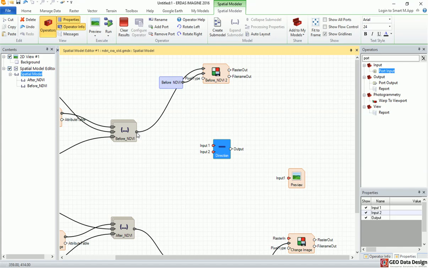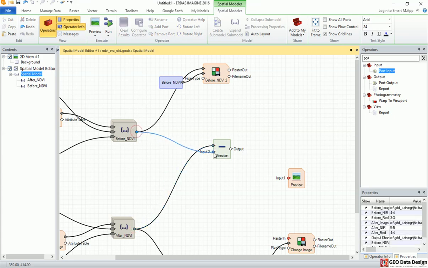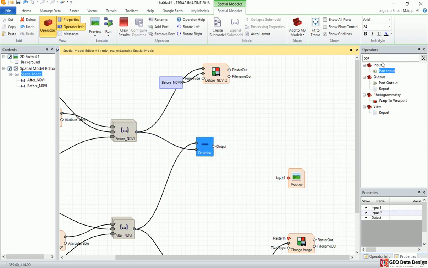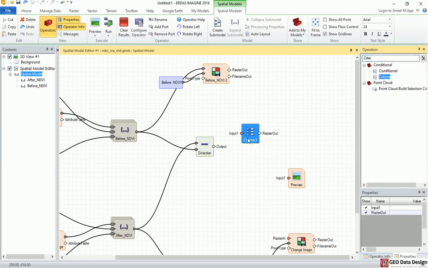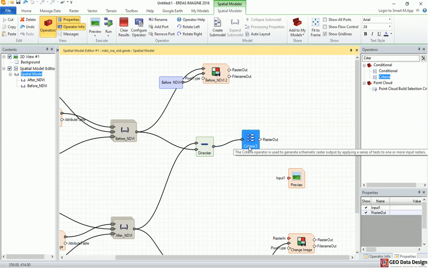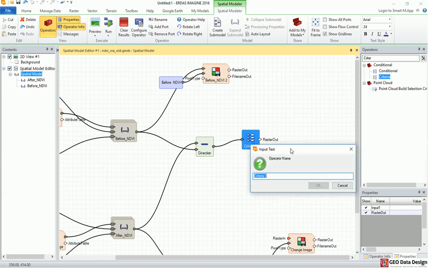So I'm going to do the same thing as well. It's going to be after image, subtract my before image, and I would also want this to be defined into a criteria. And the criteria for this is very simple. Adding that. I can rename this one to